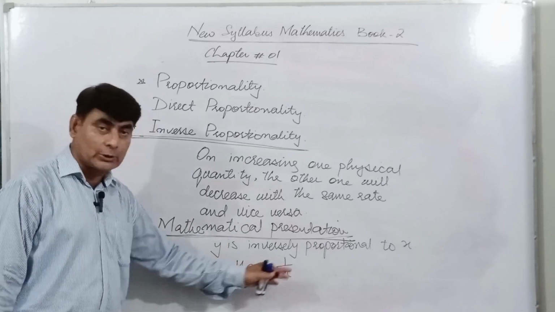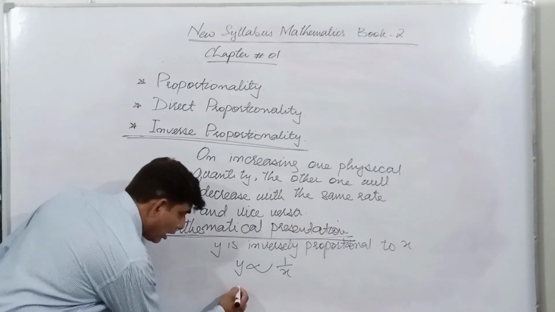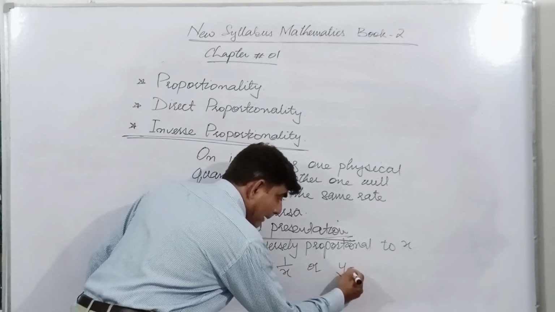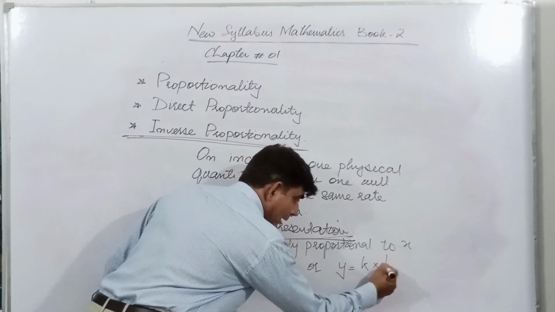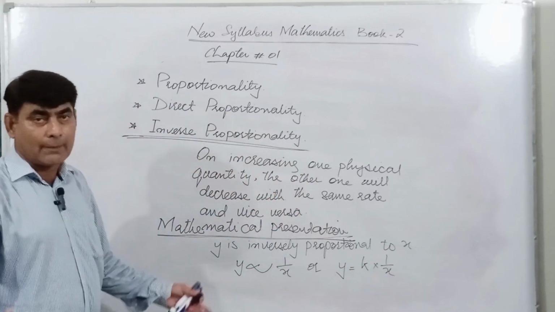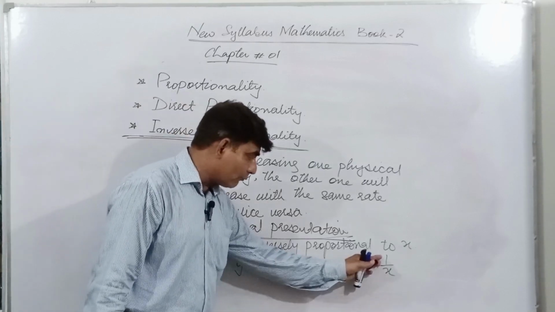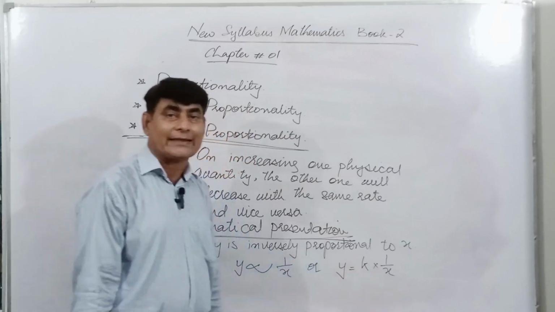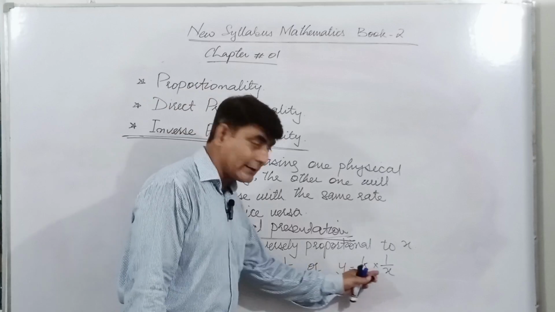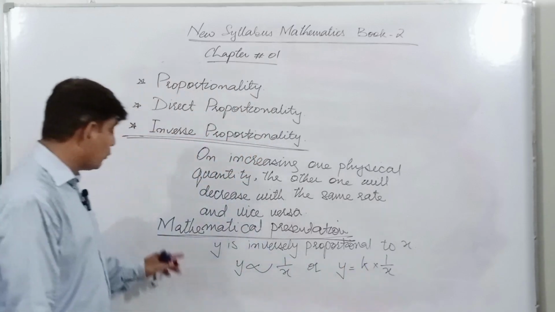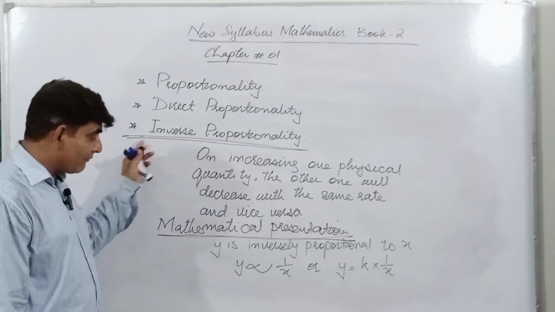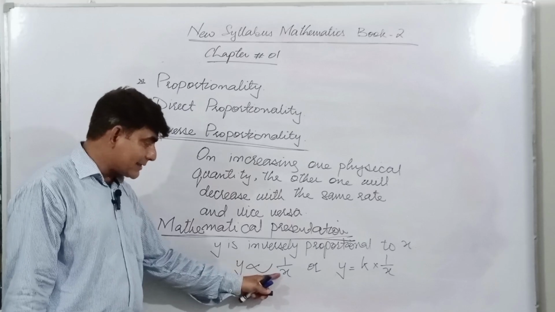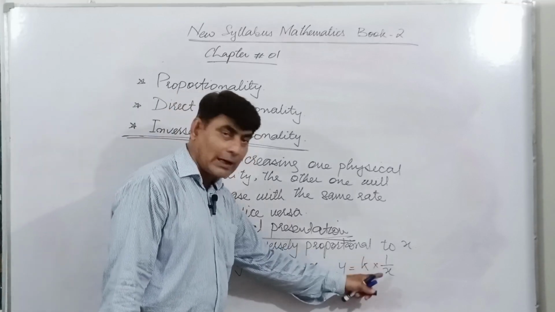So y inversely proportional to x, and in the next step, we remove this sign of proportionality by placing k. So y is equal to k times 1 upon x. This is the relation. After putting the value of k, we can find an equation connecting x and y. If these two have inverse proportionality, it means y is inversely proportional to x, or y is equal to k times 1 upon x, and we